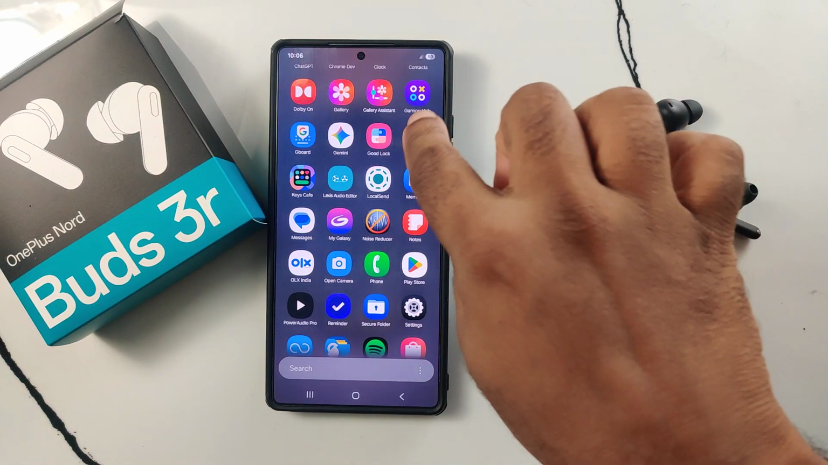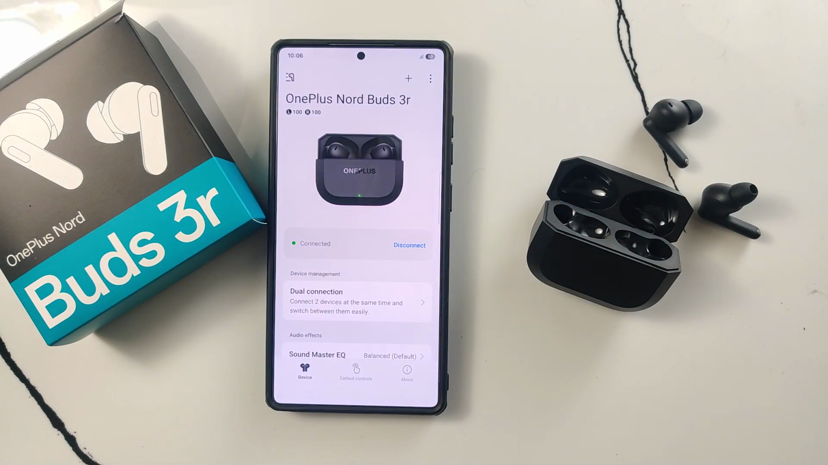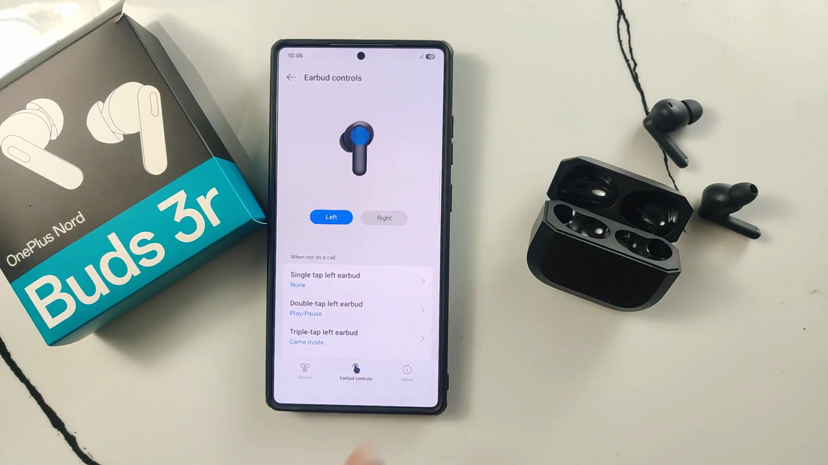After downloading that, open your application, give some permissions like locations and Bluetooth, then connect to the device, then open the device, then you will receive this page, this home screen, and here you can see earbud controls. Open that, then select your earbuds, left side or right side. In this case, I'm selecting